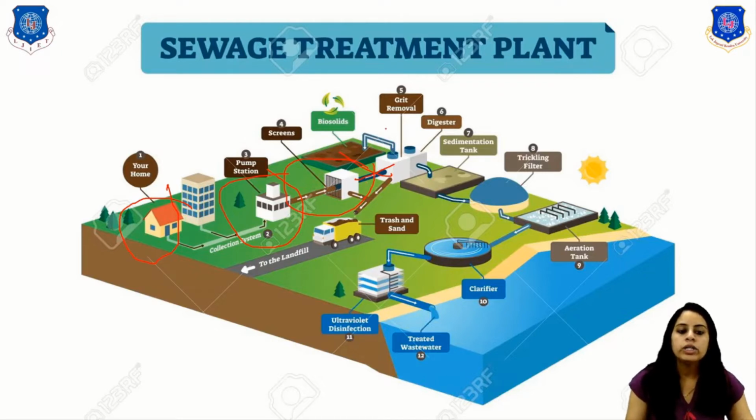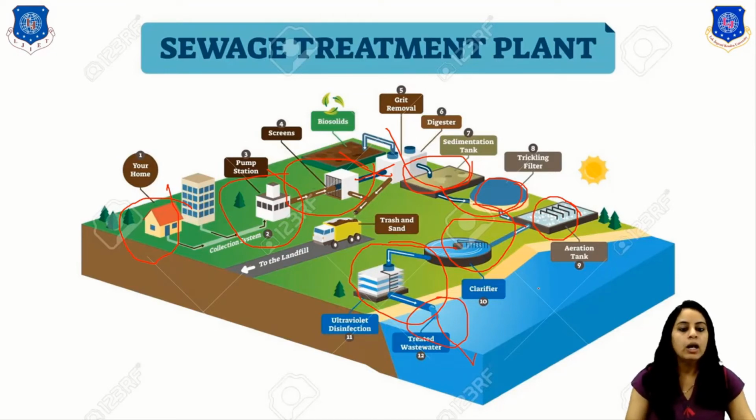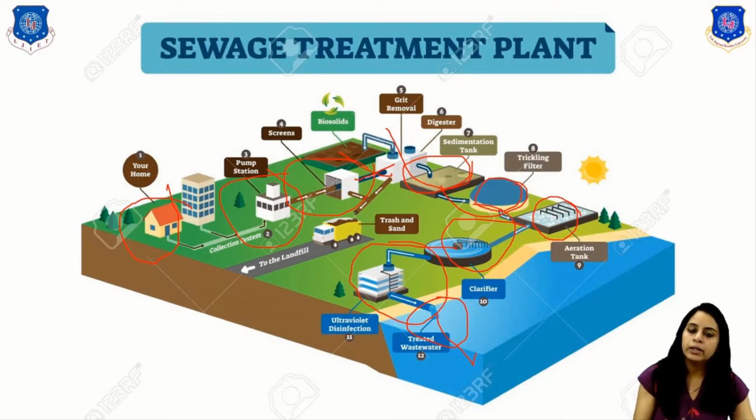After that it goes to the sedimentation tank. Okay, so here you can see the sedimentation tank, it means the sedimentation tank or coagulation tank and the flocculation are there. Okay, after that the secondary treatment is there. Here it is the trickling filter, then the aeration tank or the clarifier are there. Okay, after that the last process is the disinfection process and then the treated wastewater, which you can see here. Okay, so this is the simple treatment plant. So this is all about the wastewater treatment processes: primary, secondary and tertiary.